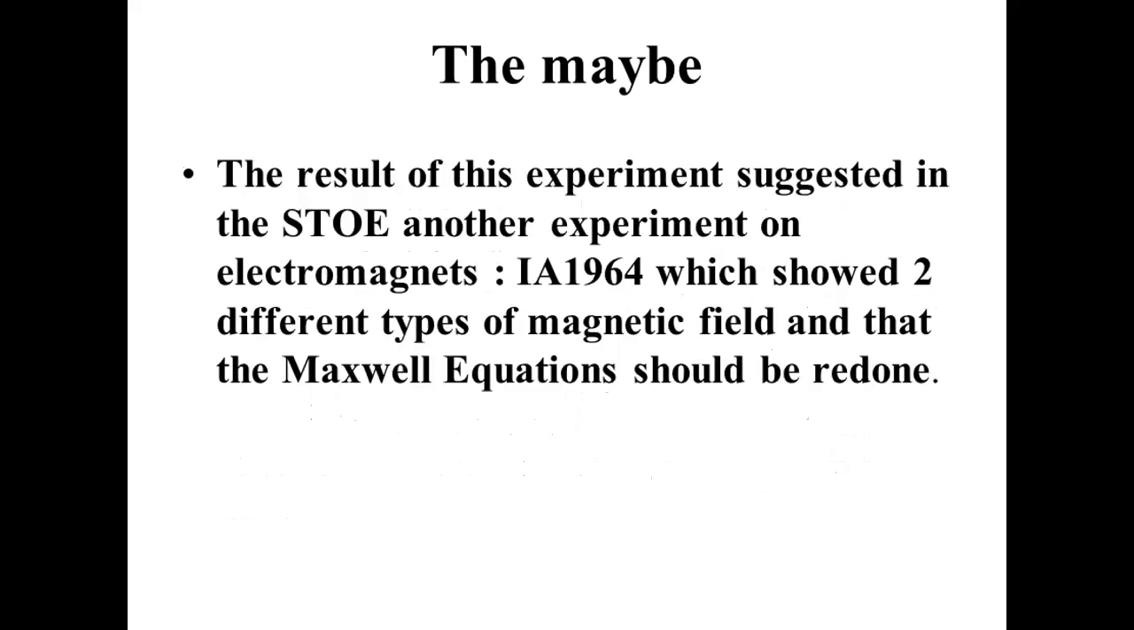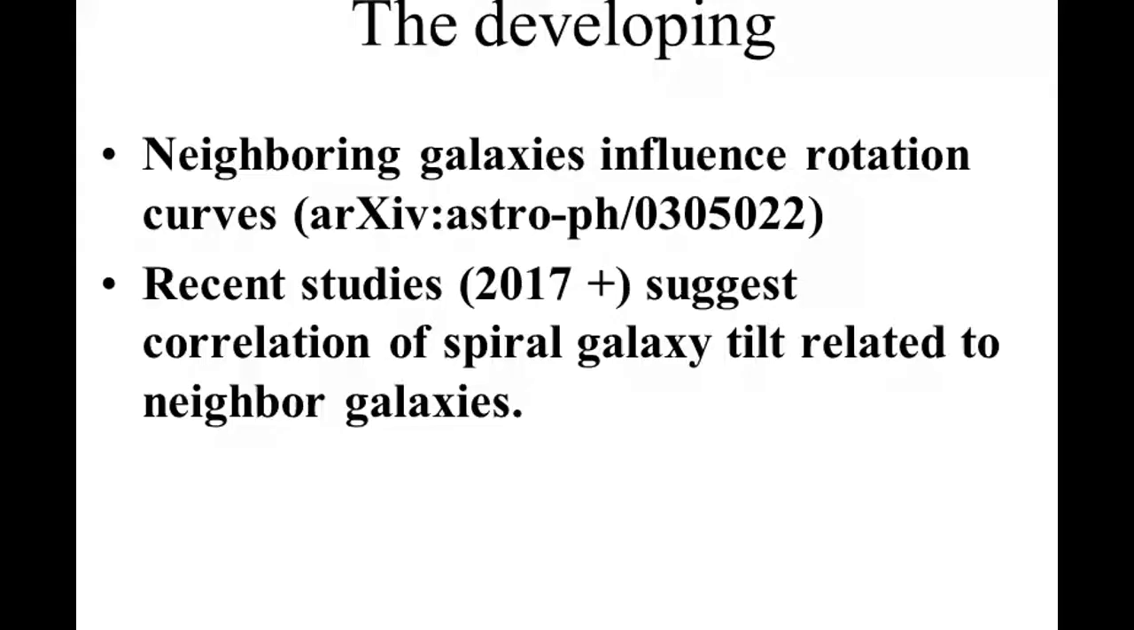The result of this experiment suggested to the STOE another experiment on electromagnets. And this is the paper which showed two different types of magnetic field and that the Maxwell's equation should be done. The developing prediction comes from this paper